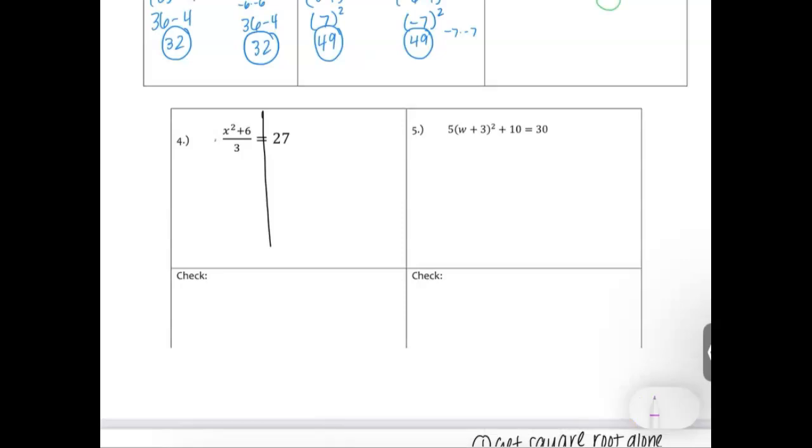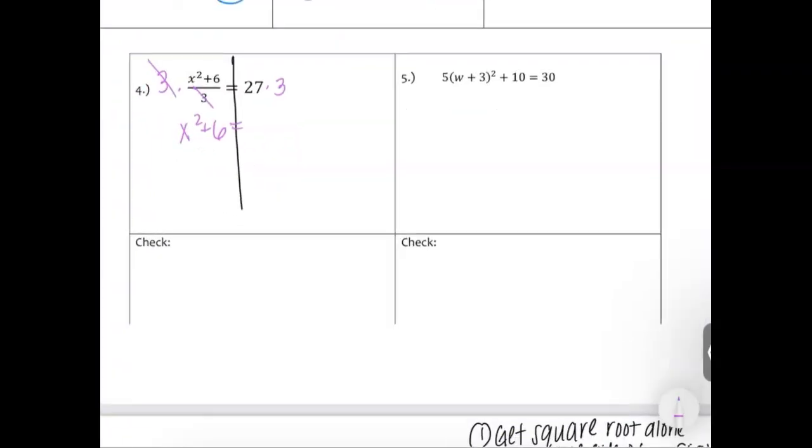So if we multiply this by 3, that undoes this divide by 3, leaving us with this x squared plus 6. If we multiply one side by 3, we have to multiply the other side by 3, and then we get 81. And so just like that, by getting it out of the fraction form, it's easy to